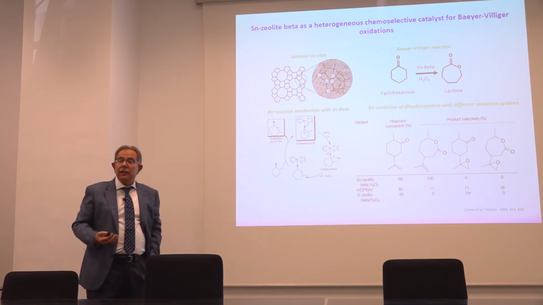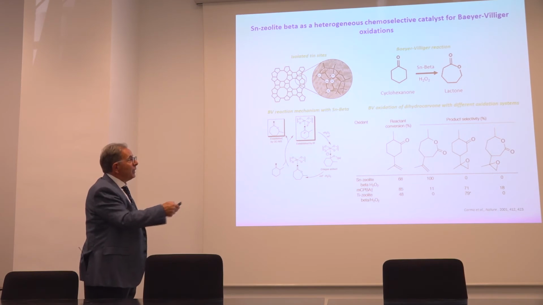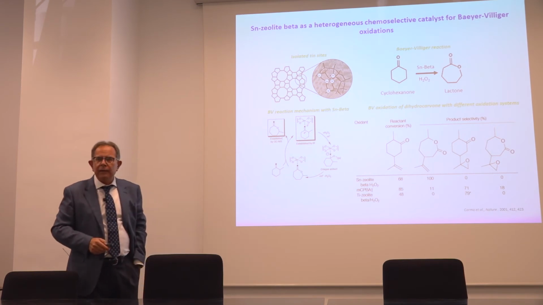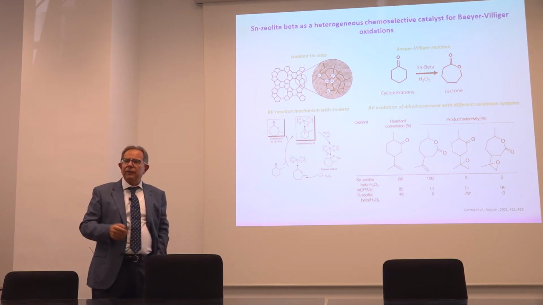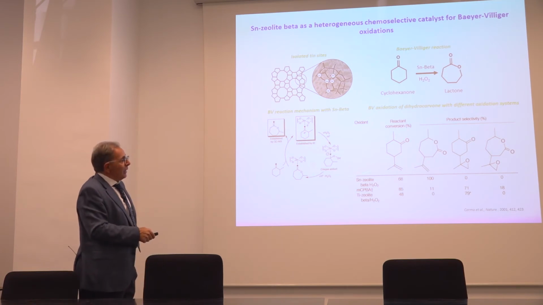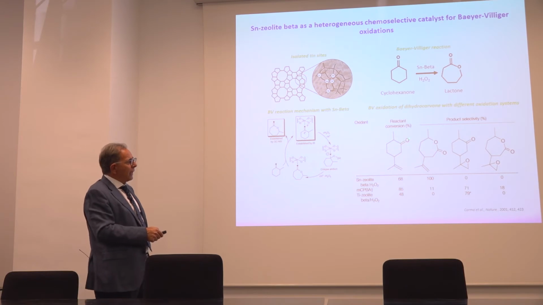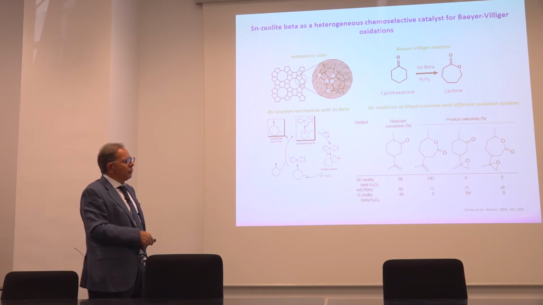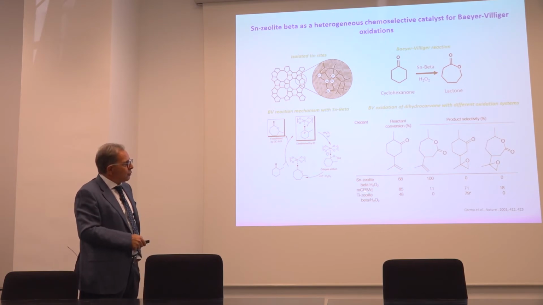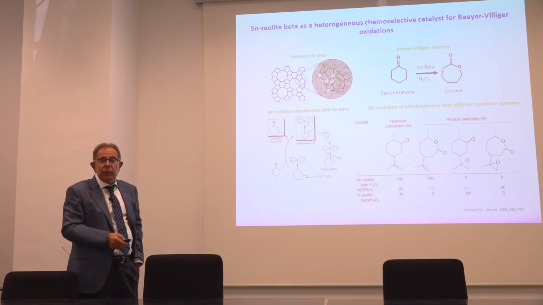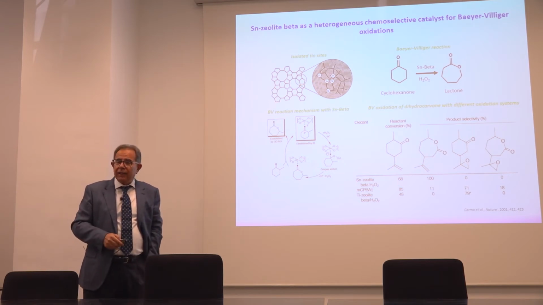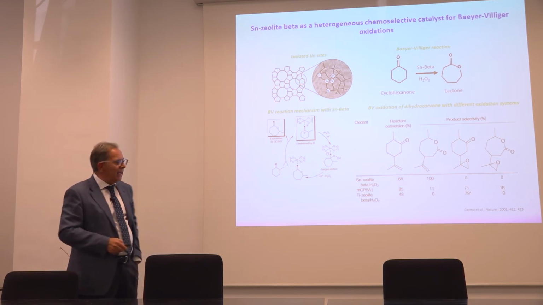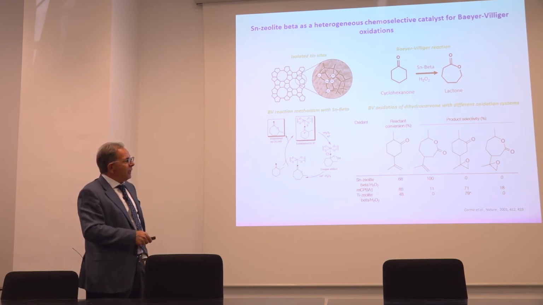This catalyst, because we were activating specifically this group, was not only active, but it was very chemoselective. Take here one molecule where we have the carbonyl, and we want to make the lactone. We don't want to oxidize the double bond and make epoxides. If you use metachloroperbenzoic acid, which can be a typical method to obtain the lactones, you will see that